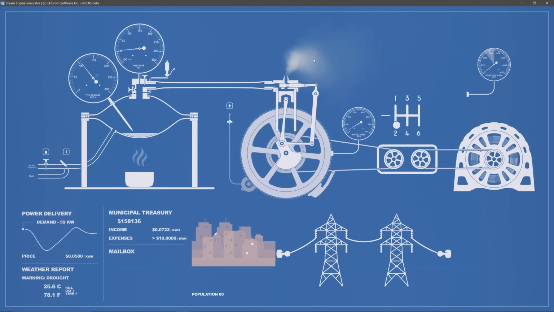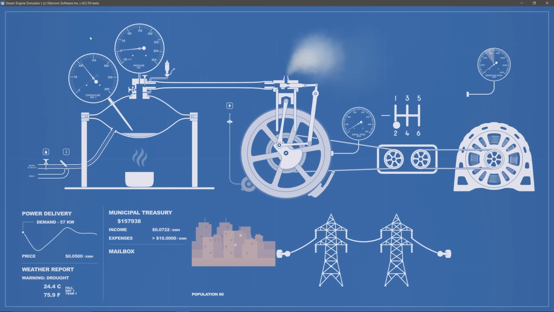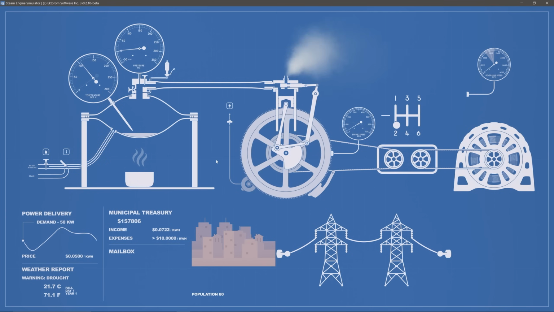There is some interesting emergent gameplay that comes from this simple simulation. For example, as the city gets bigger, kind of an economy of scale forms, and it's very natural. It's not something that I sort of forced in there. It's just because as you draw more electricity, you can operate the steam engine more efficiently, where it's not dominated by these frictional losses and losses to the environment and things like that. So as your city gets bigger, you can operate more efficiently, you can sell the electricity for less money, and the progression of building the city very closely lines up with the limits of operating the steam engine at peak